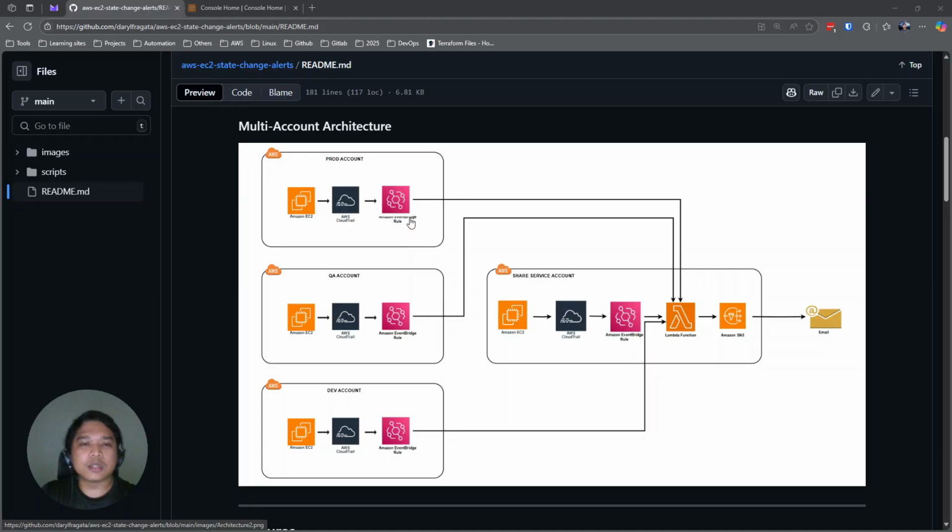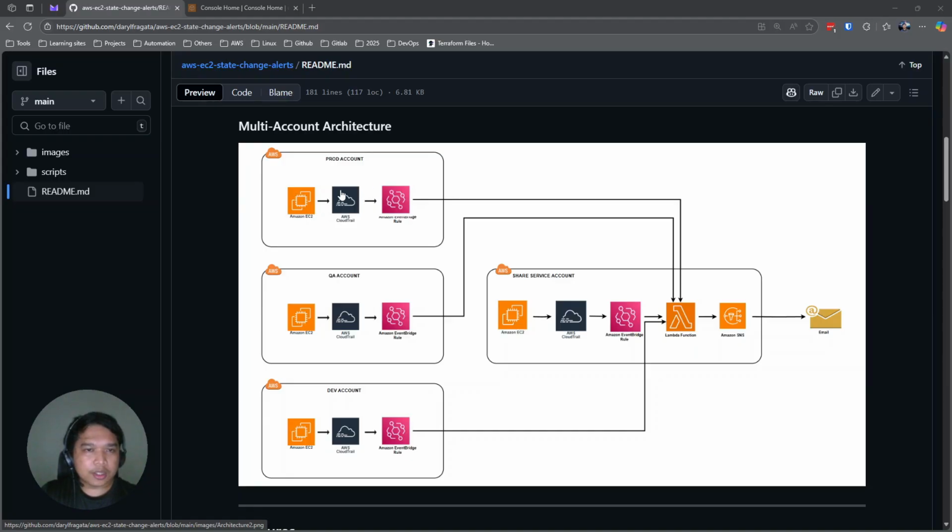It is going to send the event data to the Lambda function, which resides in the shared services account. What we did here is create a single point for the processing of the event, so we created it in the shared services account.